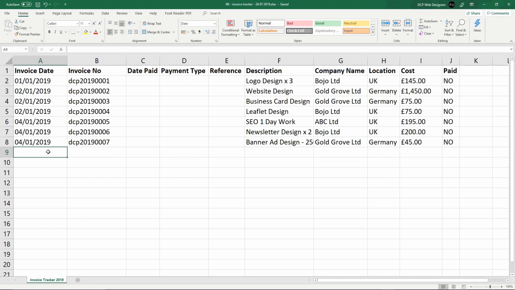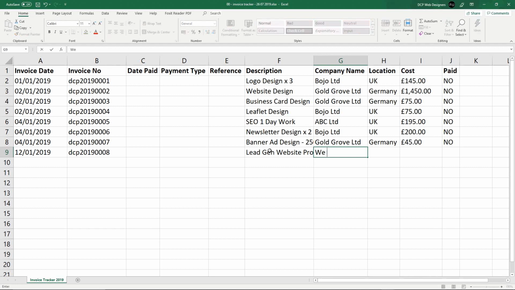Let's say that we went on a little holiday and we came back on the 12th. So I'll type, this time I could drag down. Sometimes I just type the dates in. So 12th for the 1st, 2019 is pretty easy to type in as well. We'll drag this one down, and let's say that we did another website. Let's call it a lead generation, lead gen website projects, right? And we did this for a new company. Let's call them We Grow Leads Limited. Just make this up,